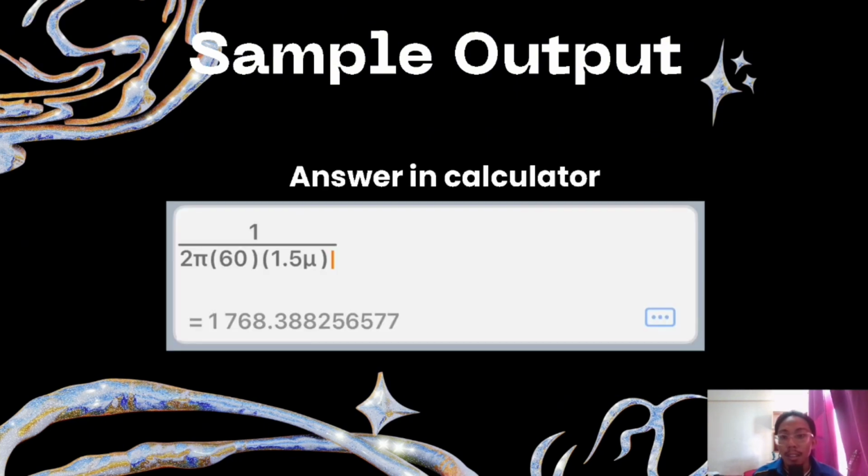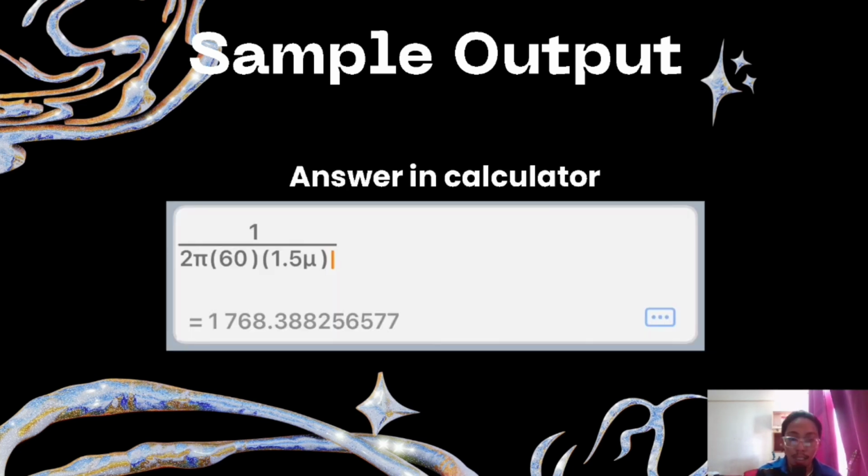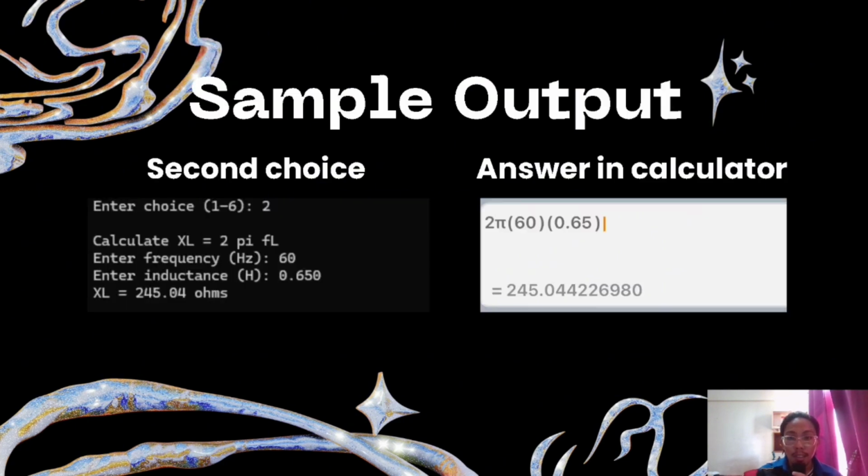So the sample output in the calculator is 1768.38, which is same as the first choice, which is XC equal to 1 over 2 pi FC. We enter the frequency, which is 60 Hz, and enter the capacitance in farad, which is 15 microfarad, and we got 1768.38, which is the same as the calculation. So for the next one, we got